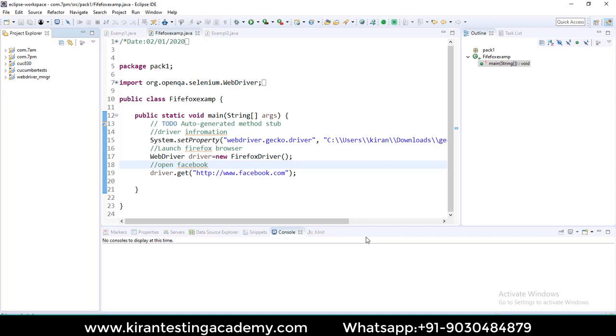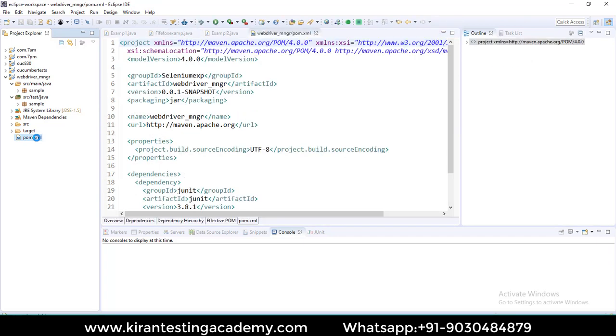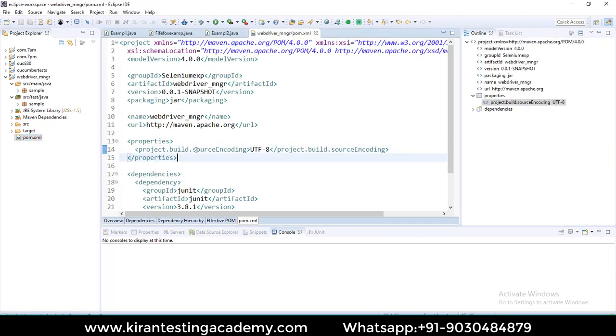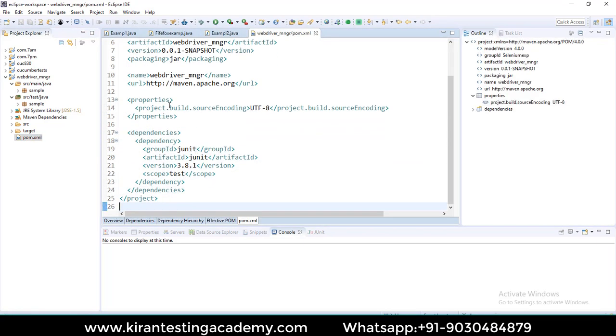We have a folder with the name WebDriver Manager. Here we have 2 folders. Whenever we create a Maven type of project, it will give you a structure of POM. Here, test and main. Here we have a pom.xml file. Let us open our pom.xml file and put the dependencies that we have copied here from the dependencies